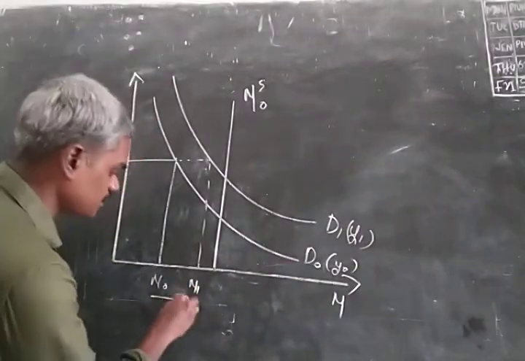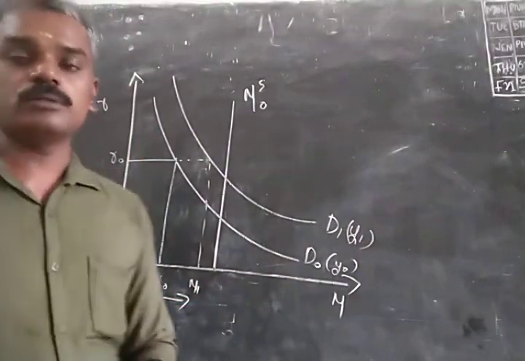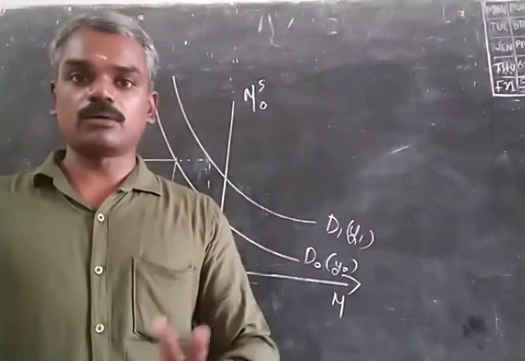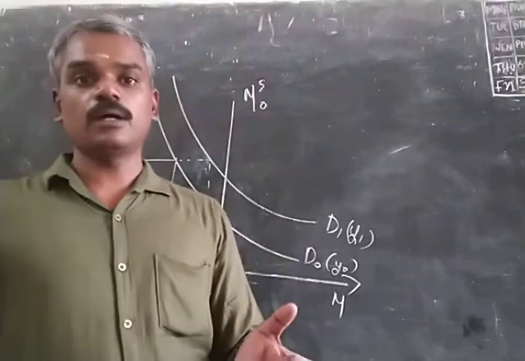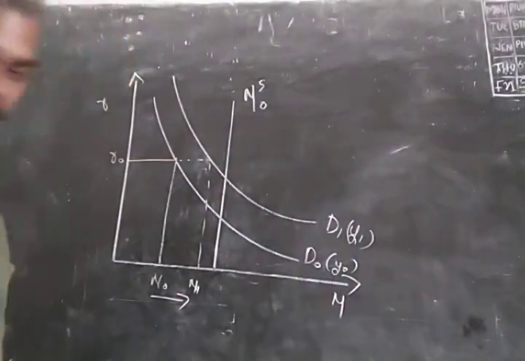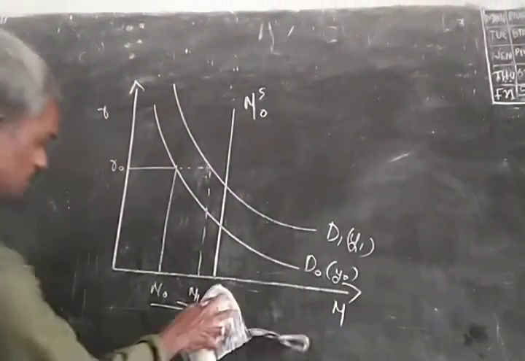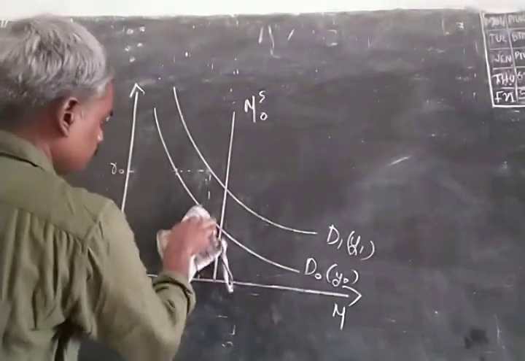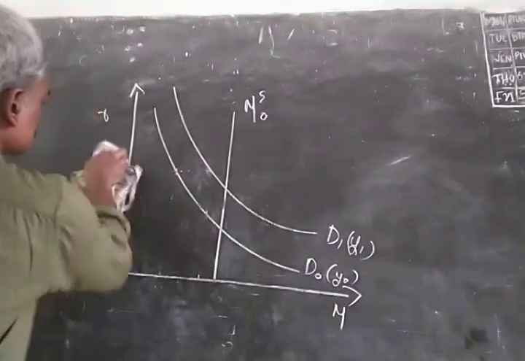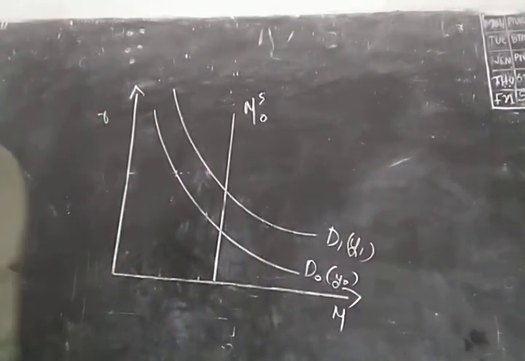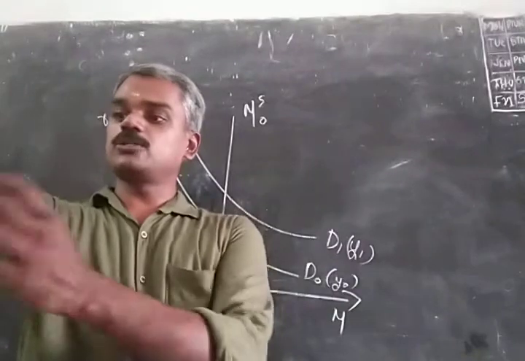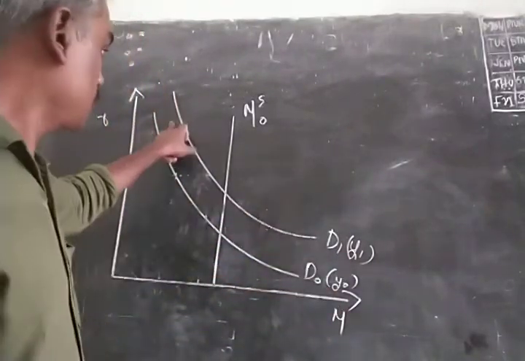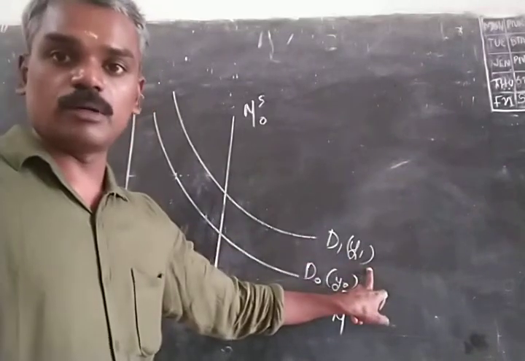Why has the demand for money increased from M0 to M1? Because either transaction demand, precautionary demand or speculative demand, or all three of them, have increased, and therefore demand for money has increased. We do not need these details, so I am just rubbing this off. So we have two demand for money curves corresponding to two separate levels of income: D0 corresponding to an income level of Y0 and D1 corresponding to an income level of Y1.